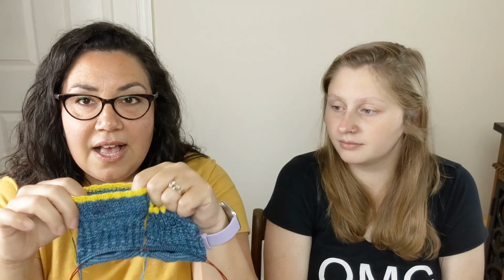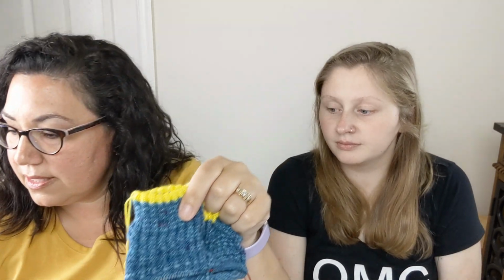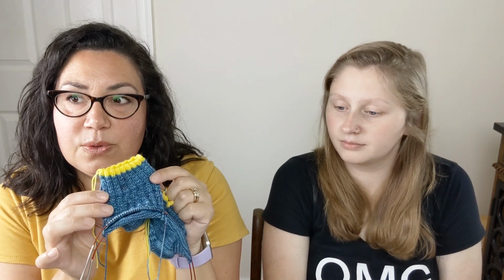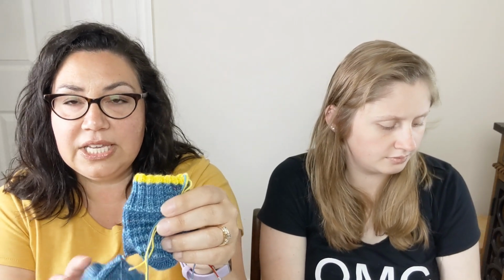And I liked the look of Daphne's sock with the thicker cuff. So here, I'll show you. See how that cuff is only 10 rounds, and then this sock is more. So I cast it on with the yellow, and then I knit 2 rounds of 2x2 rib, and then I switched to the blue, and I just knit a plain knit round of the blue yarn, and then I did 16 more rounds of 2x2 rib. So that's a total of 19 rounds. And then I started the pattern on the sock and did three rounds of the sock pattern, and then on the 4th round I started the slip stitch heel,